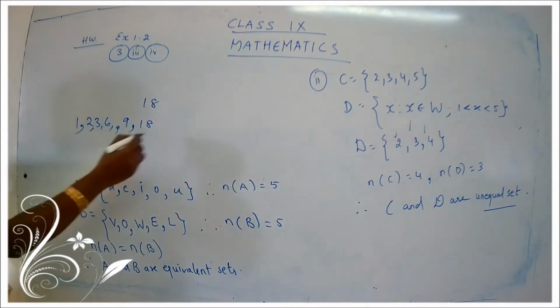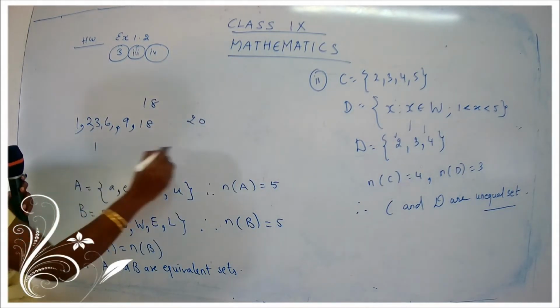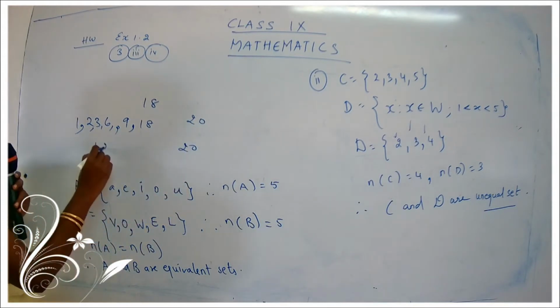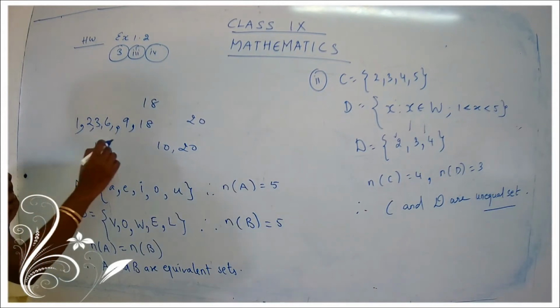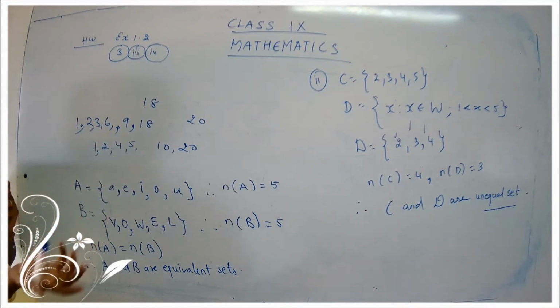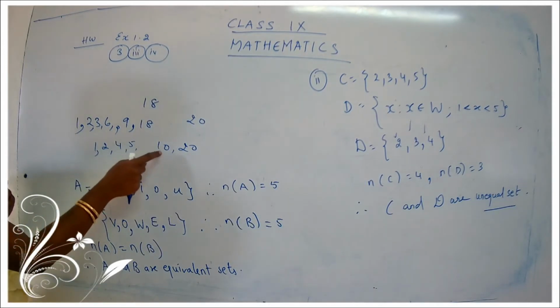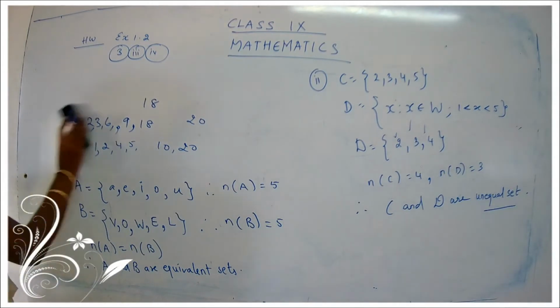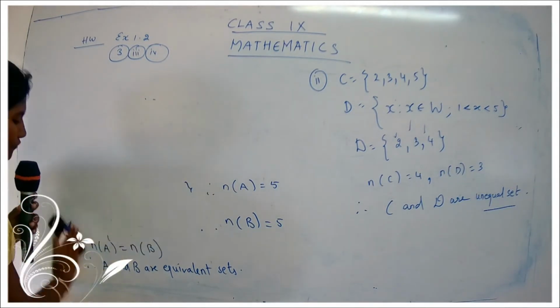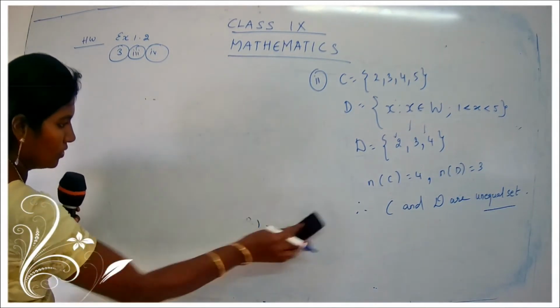How to find the divisors of 20? 1 20s are, 2 10s are. 3 table, we don't have 20 in the 3 table. 4 5s are. 10 is already there, so 10 2s are. That's all. These are the divisors of 20. Clear? So try out the sum. You have to complete the third subpart and the fourth subpart as homework.